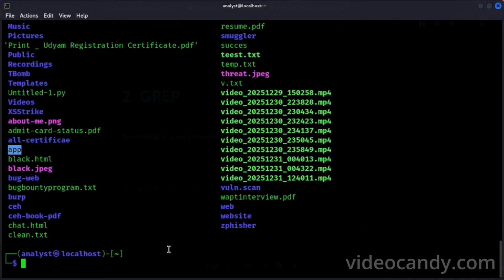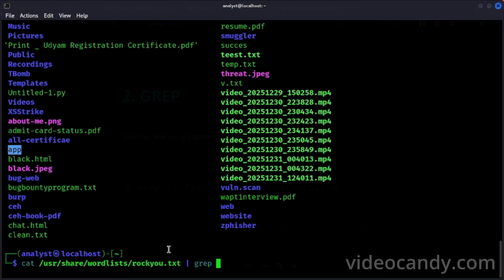Okay, we will see first cat, clear, cat /usr/share/wordlists/rockyou.txt, and I have to grep.